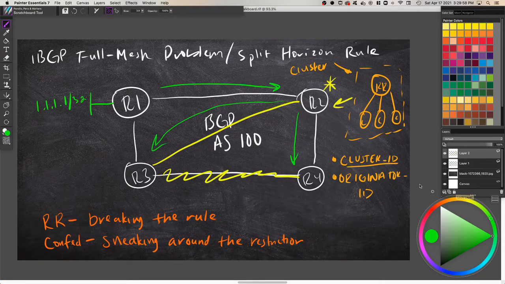So it'll even reflect it back out here. It's going to advertise it to all eBGP peers, because it's not considered a reflection if it's an eBGP peer. It's going to reflect it to all clients, and it's going to reflect it to all non-clients. So in that case, that means that when R1 sends the update for 1.1.1.1 to R2, it's going to reflect it out to R3, reflect it out to R4, and it's even going to reflect it